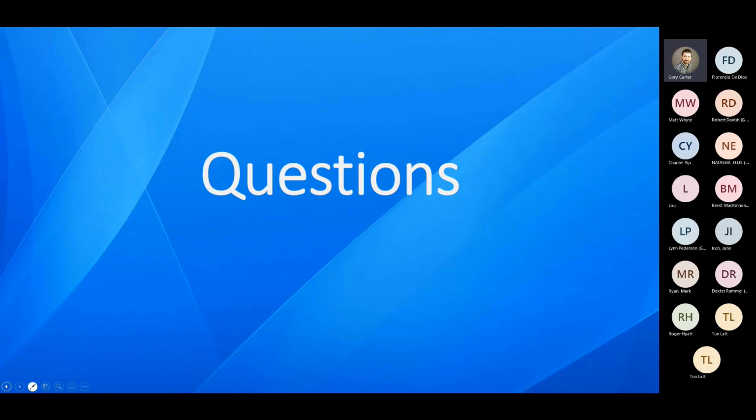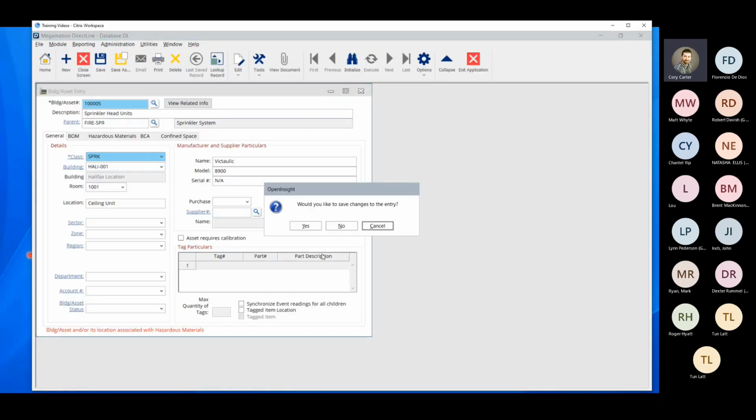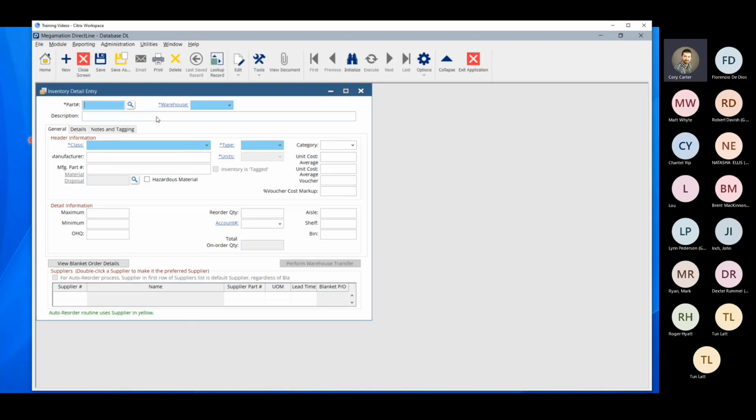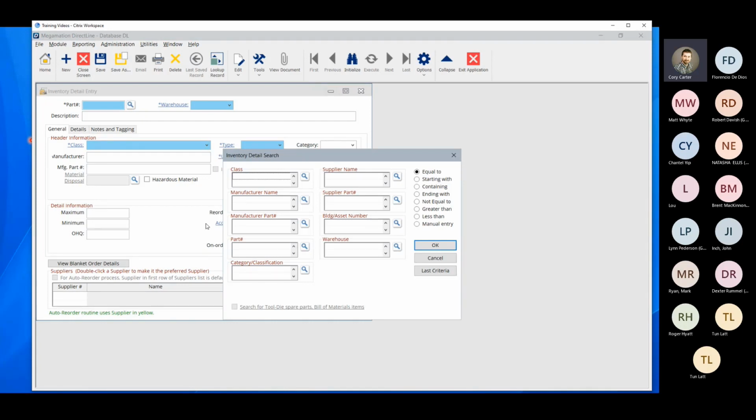Again, so John says he has a fleet of 600 devices, let's say like IV pumps. Yeah, absolutely. A consistent BOM model would definitely be something that would be useful in that case. When you're working with the inventory module, let me just take a moment and show you this. If you were building your BOM rather than from the asset screen, if you were building it from the inventory module, and I don't have a lot of inventory in here, so pardon my terrible data, but if you were building it from the inventory side instead,